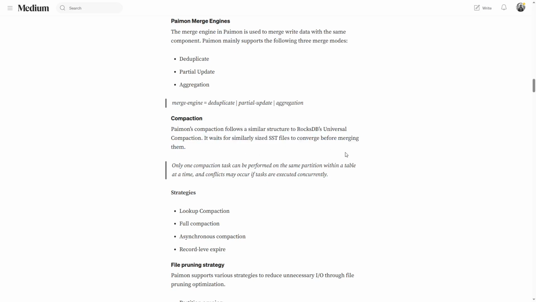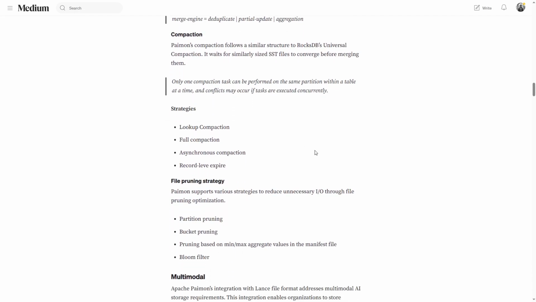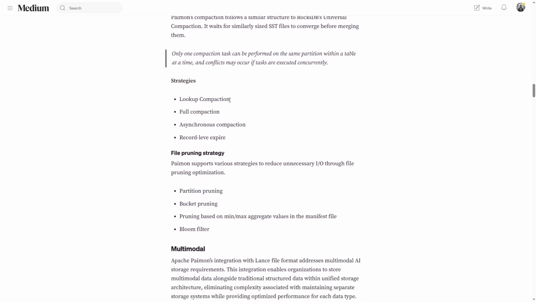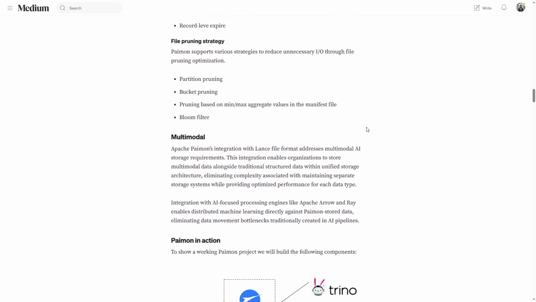It waits for the similarly sized tables to converge before merging them together. And only one compaction task can be performed on the same partition within a table at a time, and conflicts may occur if tasks are executed concurrently. So this is one thing to note: when to do compaction, the concept remains similar to how Iceberg compaction works. So we have different compaction options like full compaction. We can do asynchronous compaction. We can do record-level expiration. We can do lookup compaction. So there are different compaction modes that we can do,